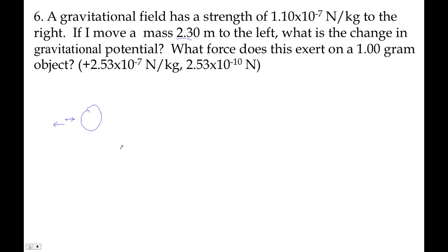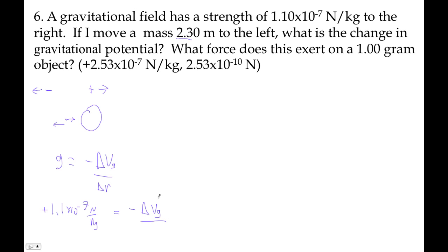So what formula am I using? Oh, I know, I'm using this guy. Gravitational field is the opposite of the change in gravitational potential over change in R, right? Okay, so let's use a convention that to the right is positive, to the left is negative. So 1.1 times 10 to the negative 7th newtons per kilogram is to the right, so that's positive, equals the opposite of the change in potential